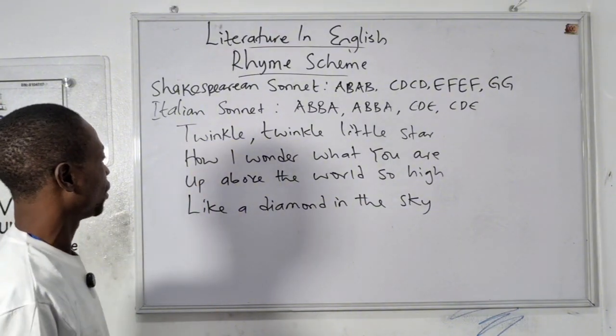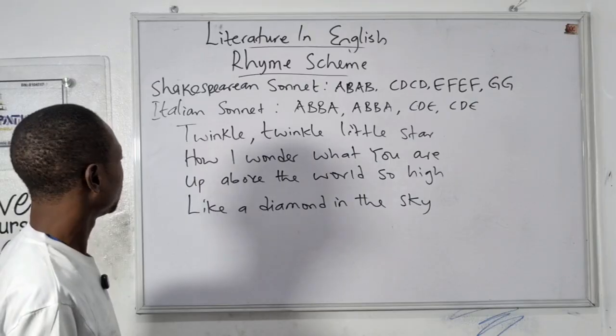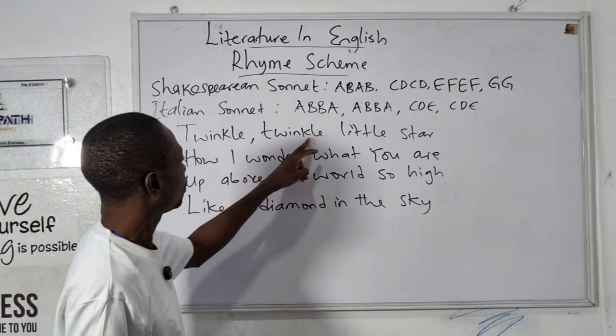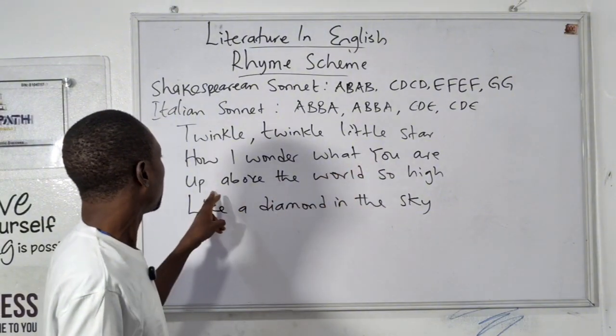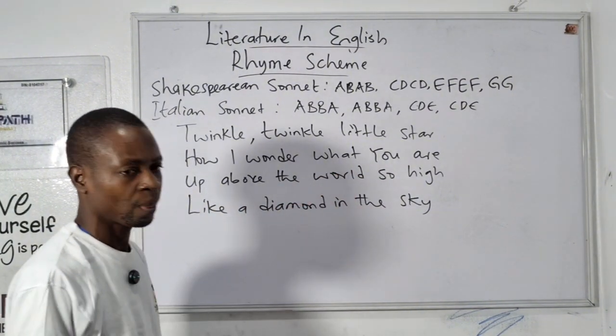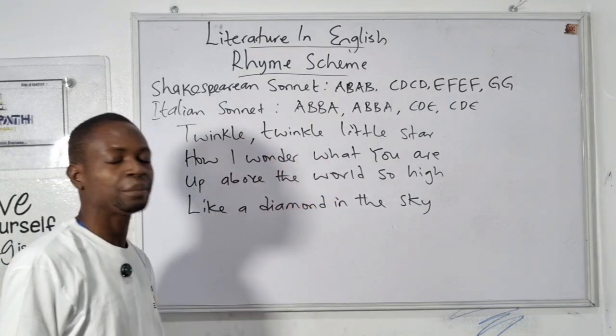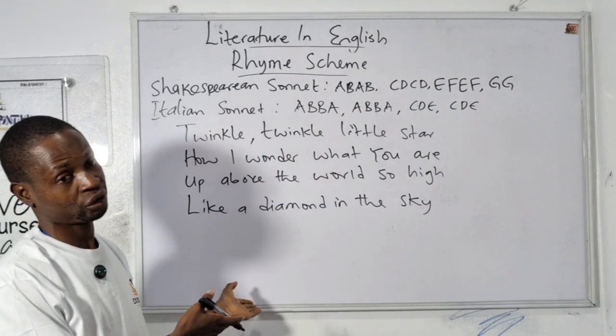This is a popular nursery rhyme. You read this rhyme in your primary school and nursery schools. Twinkle, twinkle, little star, how I wonder what you are. Up above the world so high, like a diamond in the sky. Now, how do you determine the rhyme scheme of this particular poem? Using the trick I just taught you,